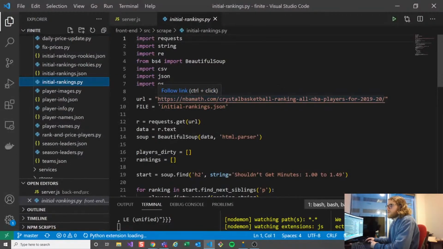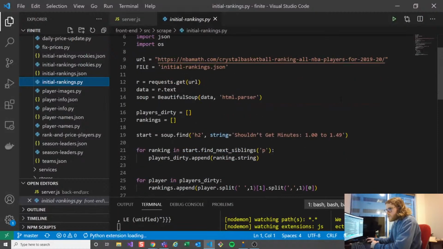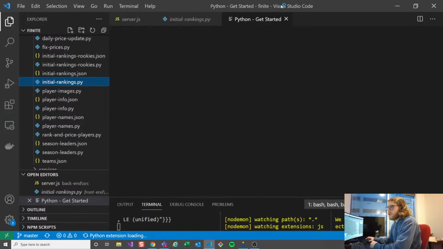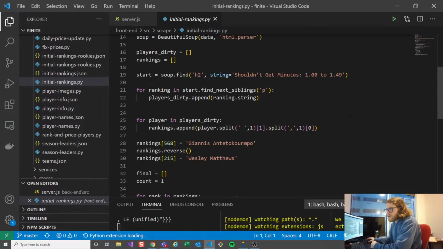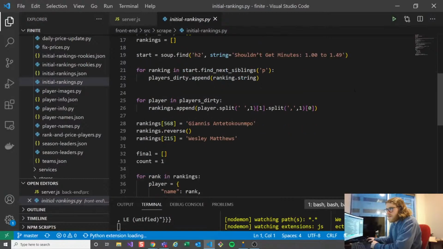So this website that I found that I felt accurately ranked all of the players was what I decided would be my base. And it's really just an article that was written in 2020 at some point. And what I did was scrape the names in order, and then,